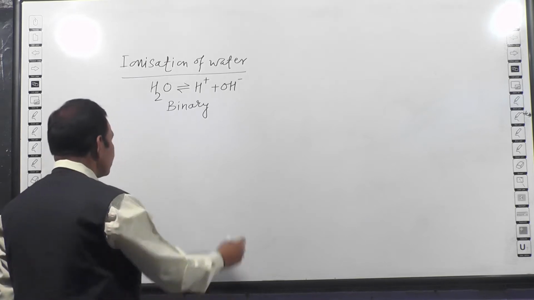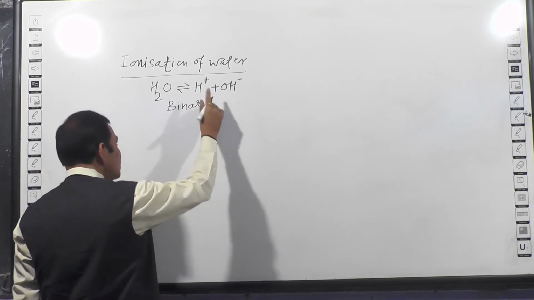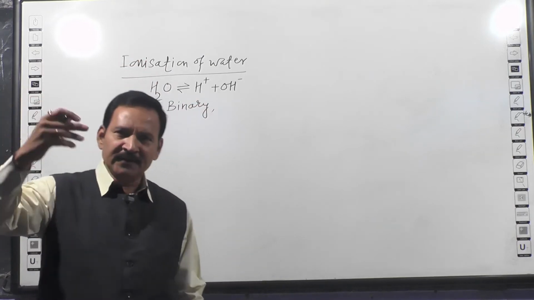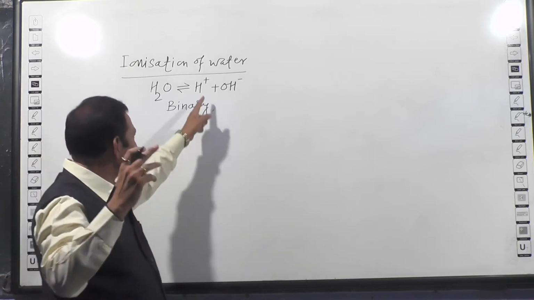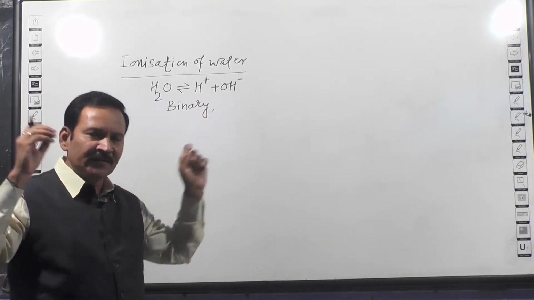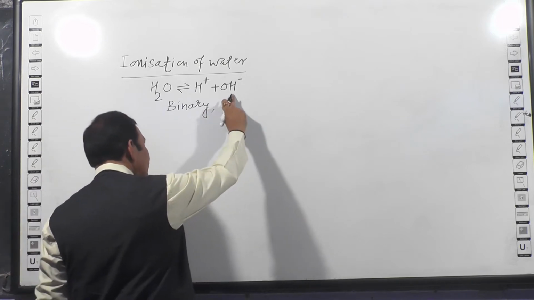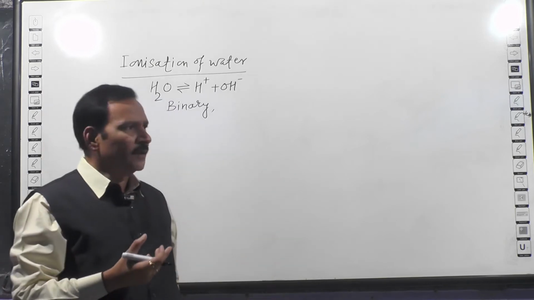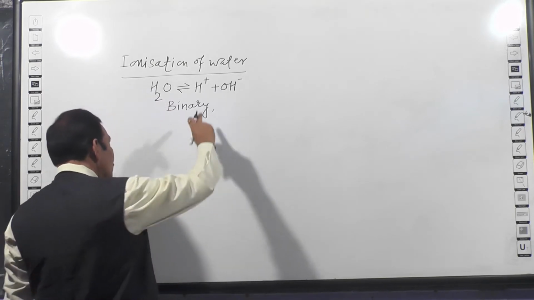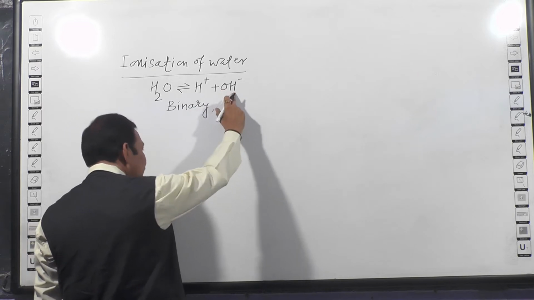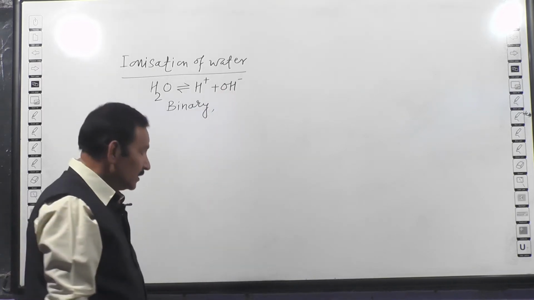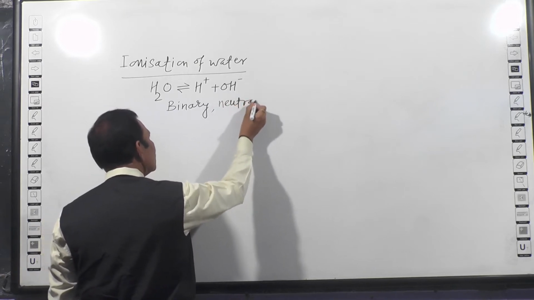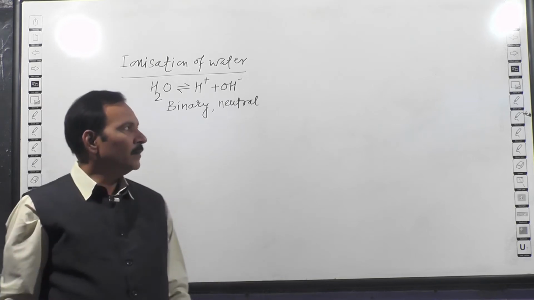Then, H+ ions refer to acidic character. We have seen in all the theories, Arrhenius theory says, Bronsted theory says proton. So acidic character is related with this H+ and basic character is related with this OH-, or we can say OH- refers to basic character of the given substance. So here the acidic character produced is exactly equal to the basic character produced, and that's why this water is neutral in nature.